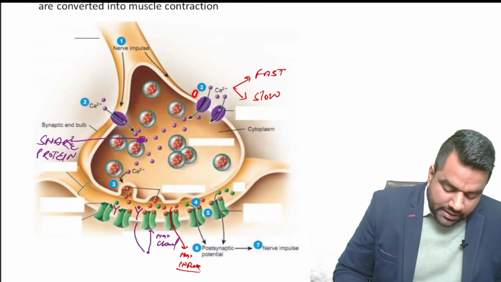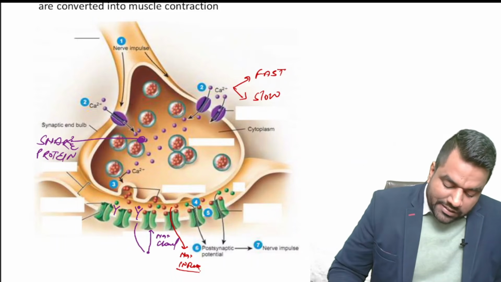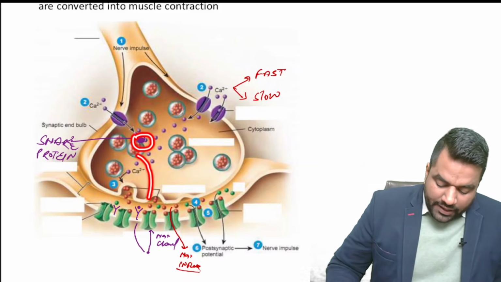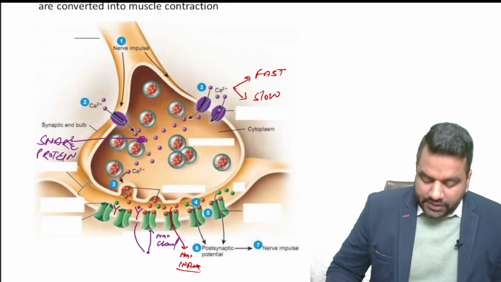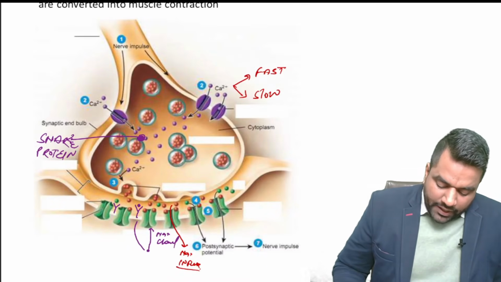Second part, the calcium channel is going to open, so calcium influx. Third thing, SNARE protein activation, leading to vesicle release into the synaptic cleft, which we call exocytosis. So this is the exocytosis part. And then number four,